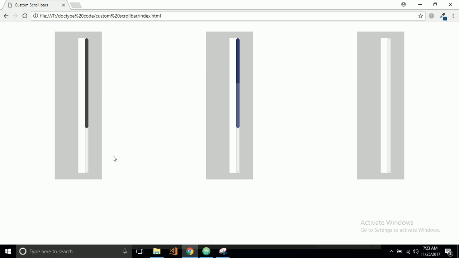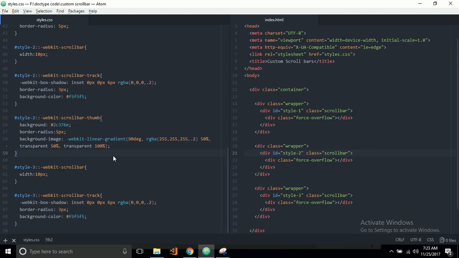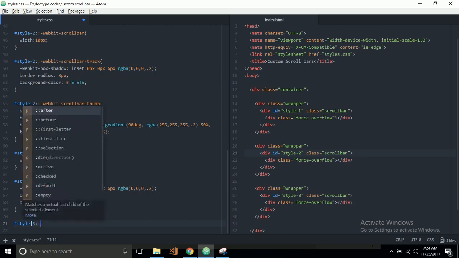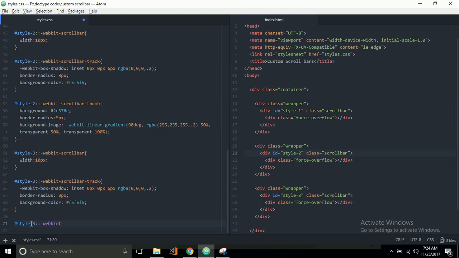For that I'm going to use this WebKit linear gradient function, but now I'm gonna put a lot of parameters into this. Sometimes this function really gets very complicated, so it's very important to understand how we put values into this. So style 3, we are only on style 3 now, and for WebKit scrollbar, and that is